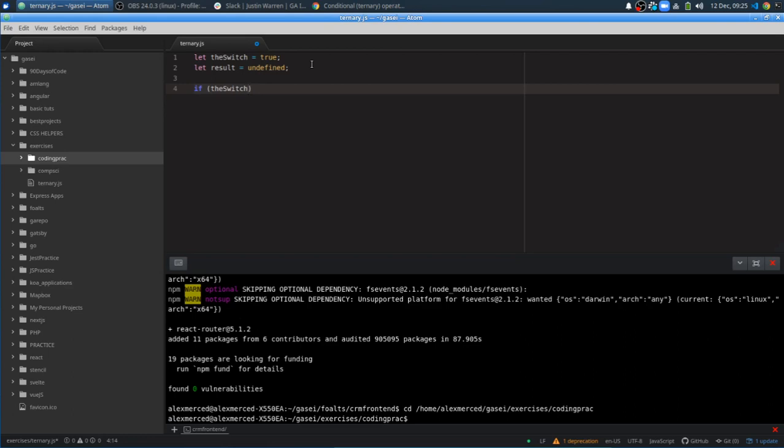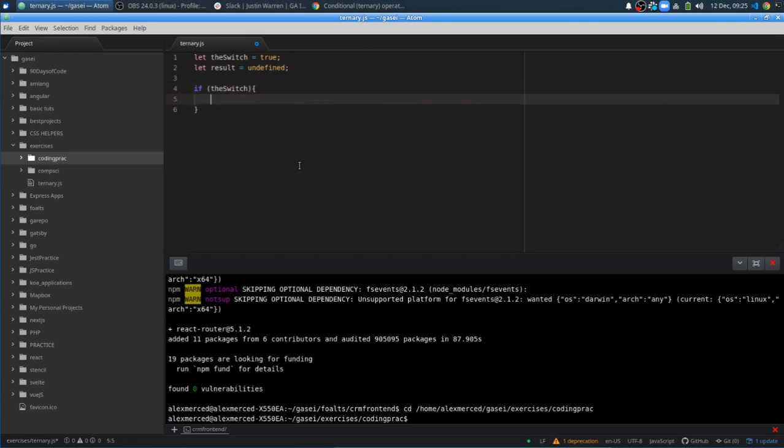I always get confused on exactly all the falsy things. I think those might be the main ones: 0, false, null, undefined. So if I say the switch, it's going to pick up that it is true,